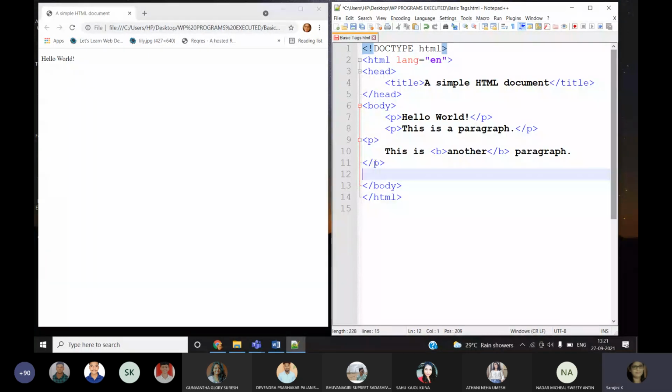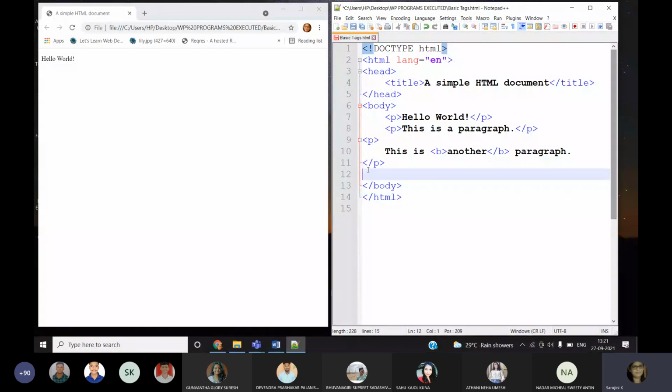You may ask, ma'am, why here the P tag and closing P tag are written in the same line as the paragraph content, and here why is it in a different line? However you want, you can write. Here I wrote only the P tag, then the content I want to display, and then again the closing P tag. Did I save this program because I made some change? No, I have to save it. I saved.